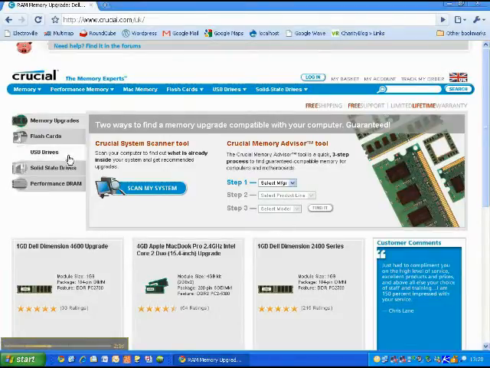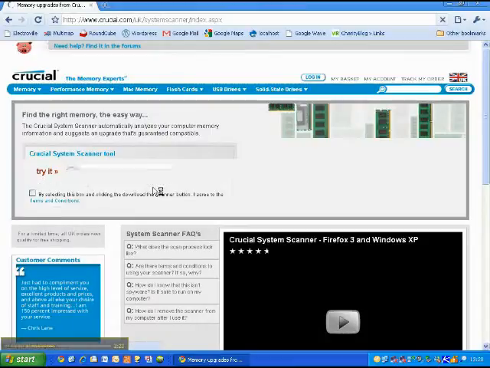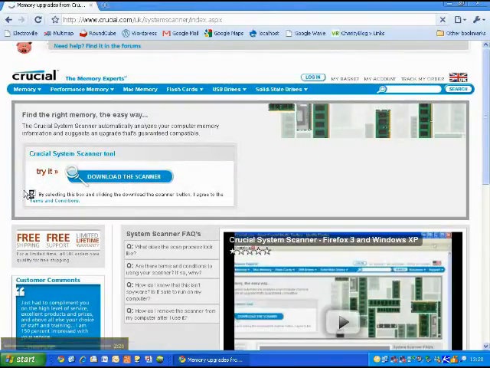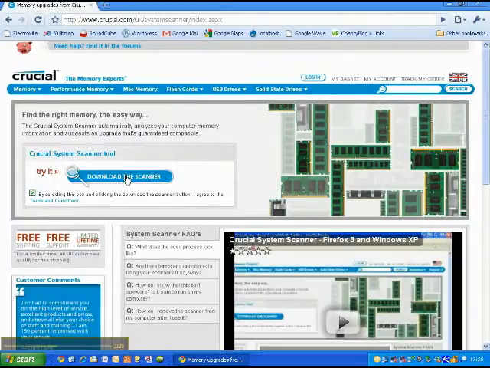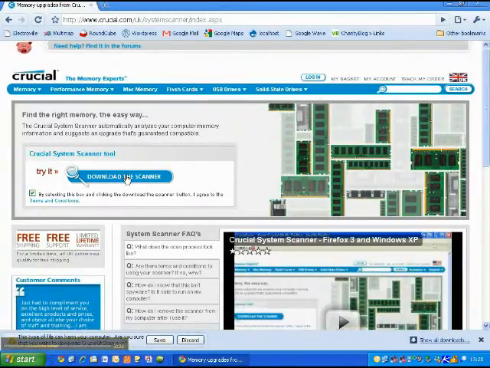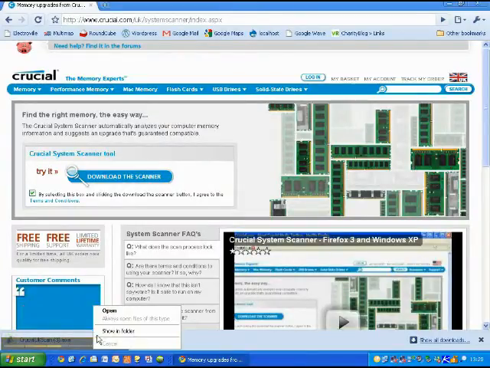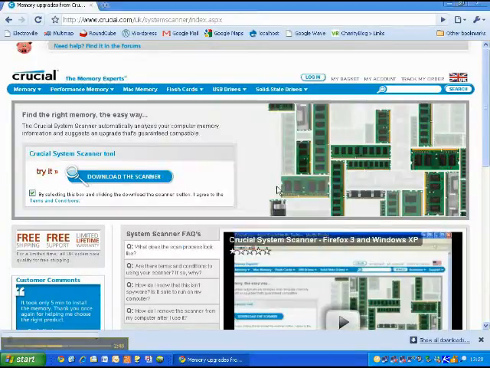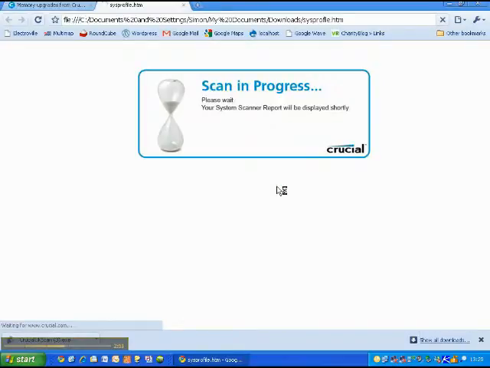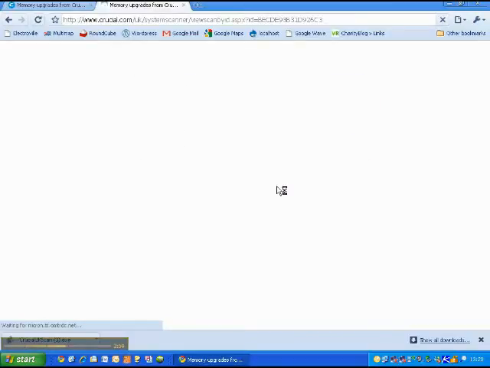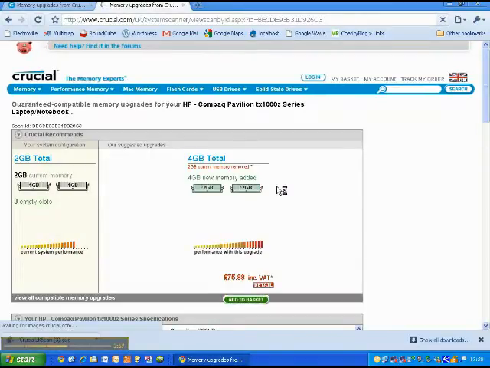And you will now get a box which says Scan My System, and that's what we're going to do. Click on Scan My System. Download the scanner is the next step. Oh, click the download scanner button. And save that. Open it and run. It takes a little while for the scan to progress. At the end of it,